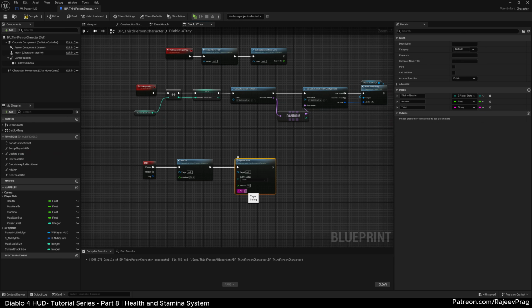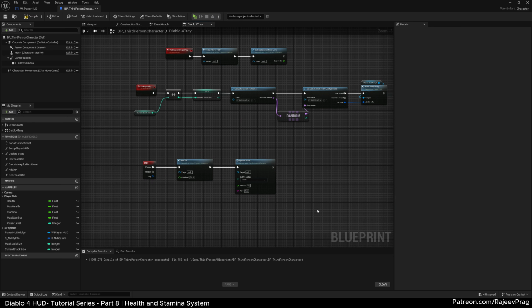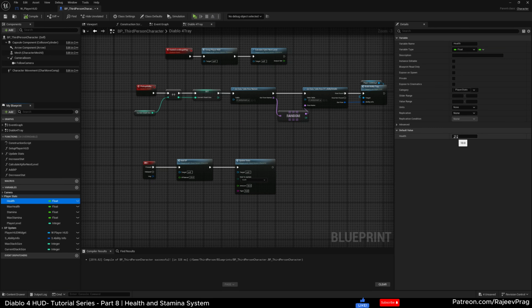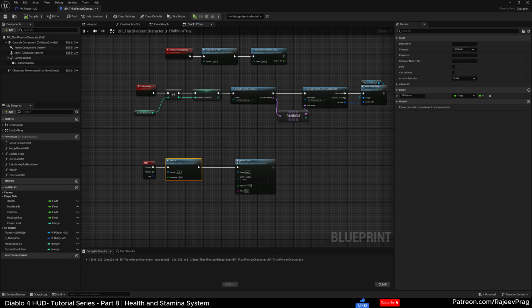And here of the type, I'm going to say add, right? And I'm going to say add health. And I'm going to also say add 50 health. I'm going to take my current health and because I'm going to set it to 10, which is already set here. And one thing that we do want to do is if we were to play the game right now,